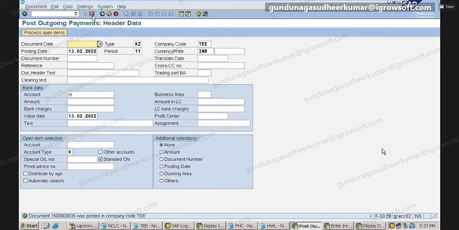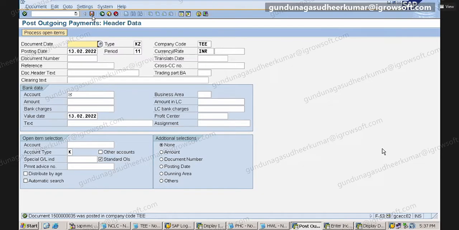So what is the entry for the purchase order? No entry. There is no accounting entry, just an order. Usually in the interview, out of nervousness, people will say raw material to GRIR. So purchase order, what is the entry? No entry. Next, MIGO, what is the entry? Raw material account debit and GRIR credit.